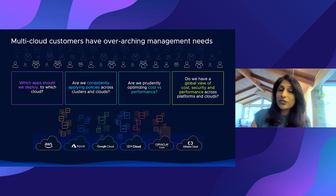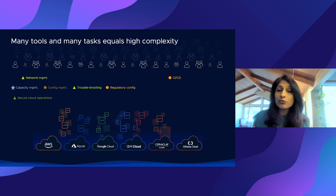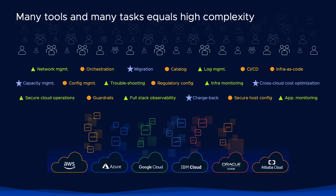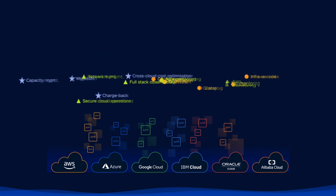Now, to answer these questions, while they are simple, it is a very hard problem because there are many different tools. Each cloud has its own tool. There are many different tasks and many different teams that have to come together to answer those questions that I stated earlier. To address these problems, and especially address these problems, apps in, public cloud in, we are introducing VMware